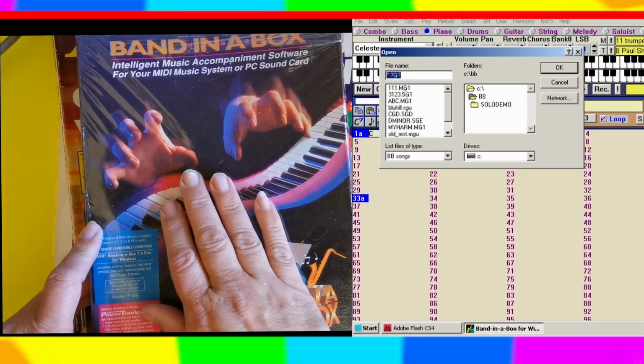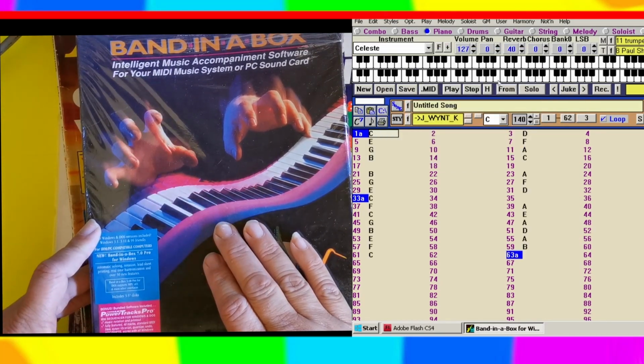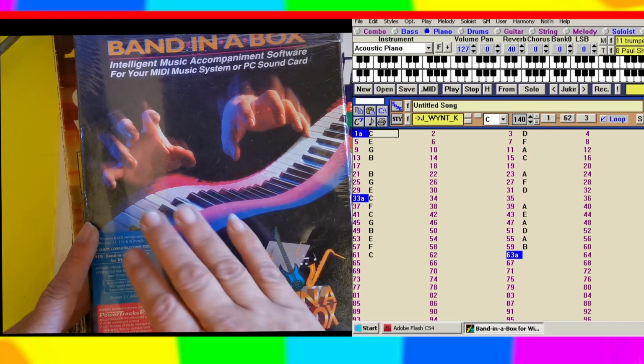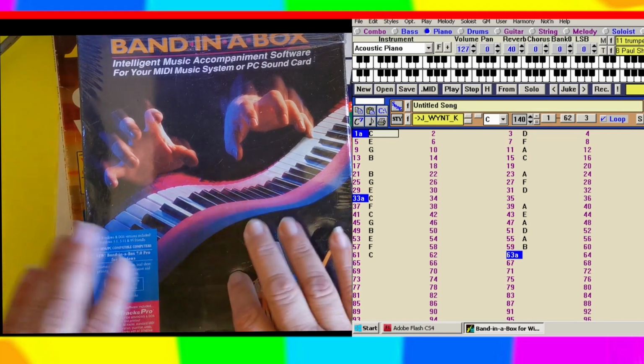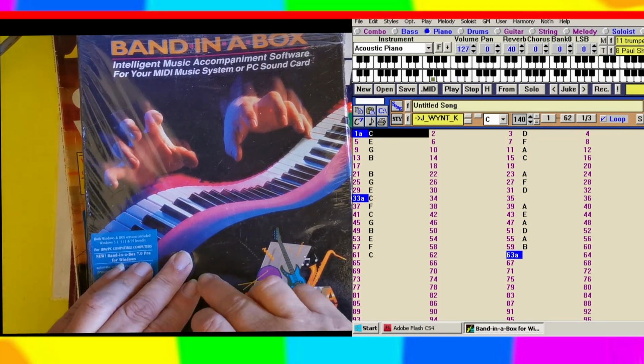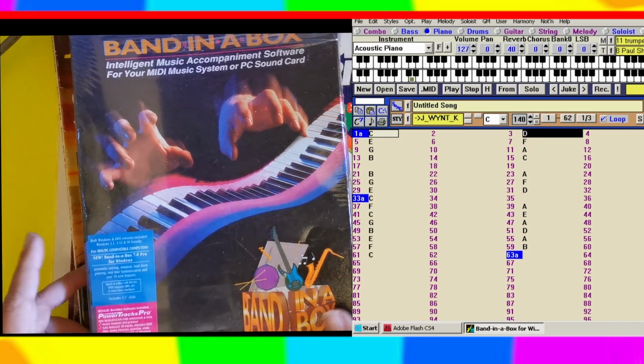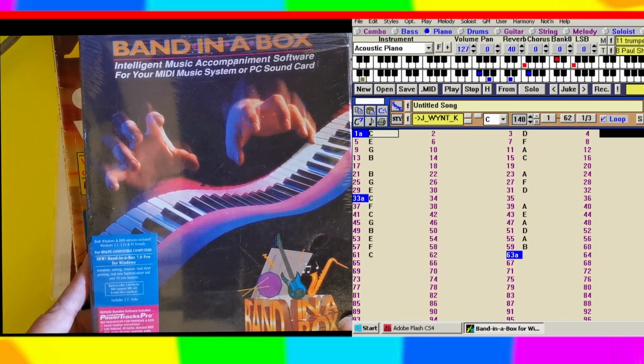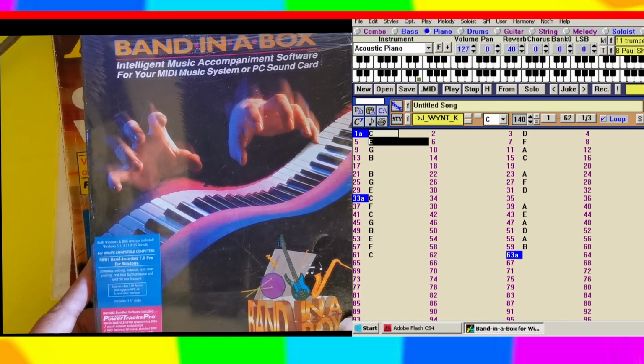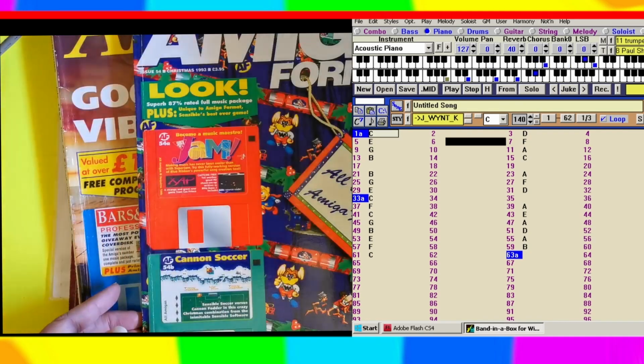With this software, you just type in the notes. It's not more technical than that. You just type in the notes. You can add some extra bits of code to skip out the bass and the drums and sort of pause the music and carry on.